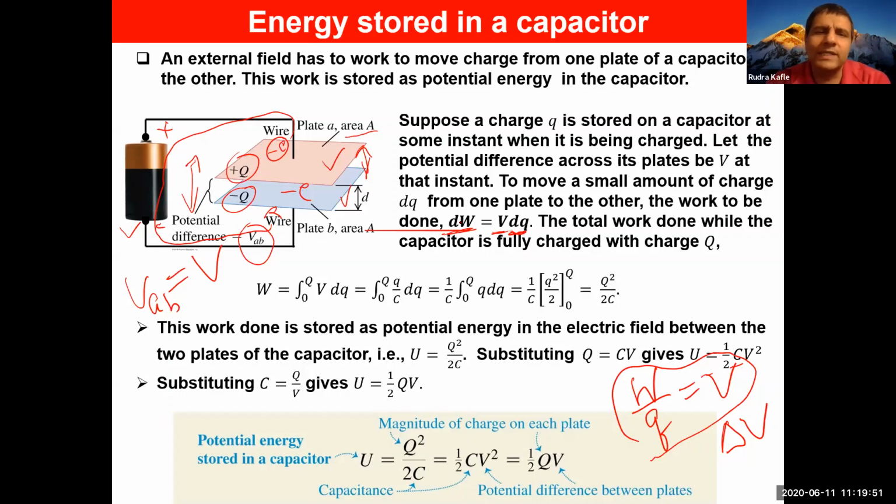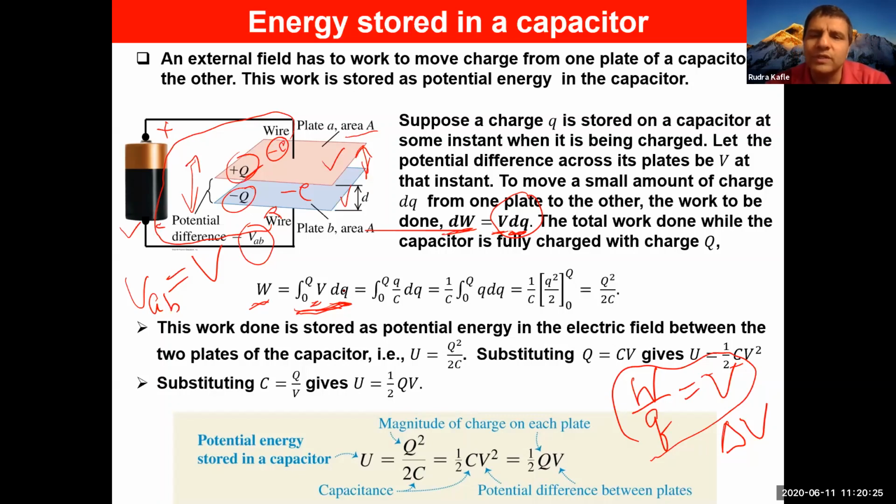So if the total amount of charge driven by the battery is Q, which is the maximum amount of charge, let's say, how much is the total work done? We have the language of calculus. The total amount of work done can be calculated by doing integration. So you integrate this from 0 charge to Q charge. But since in this expression there is a mixture of variables, capital V and dq, we cannot integrate right away.